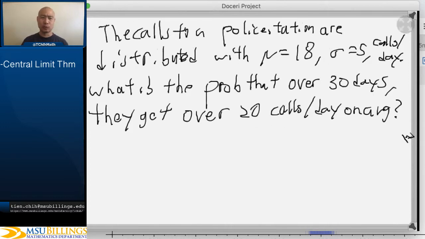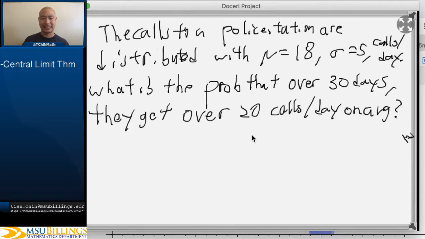It's not normal, because a normal curve is continuous, and calls to a police station are definitely not continuous. I can't get 18 and a half calls a day,